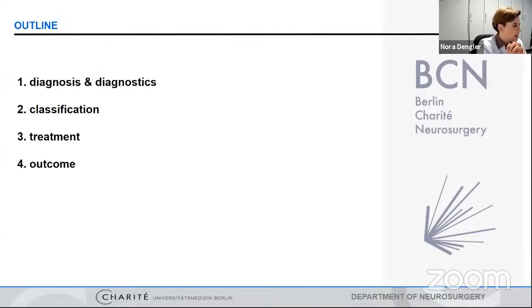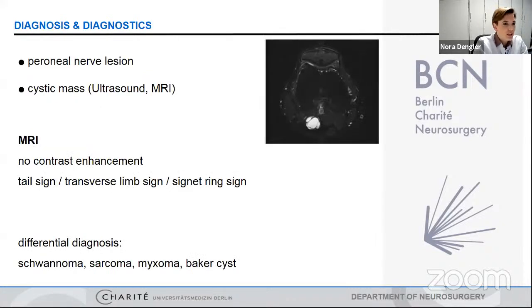And the outline of the next 10 minutes is to talk about diagnosis and diagnostics, classification, treatment, as well as outcome in ganglion cysts. So diagnosis and diagnostics, when do you have to think about a ganglion cyst? Of course, when you do have a peroneal nerve lesion. And if this is sure, either by clinical exam or by